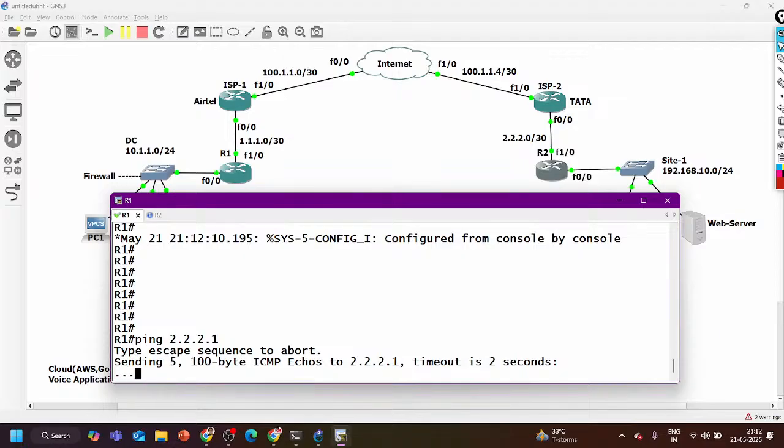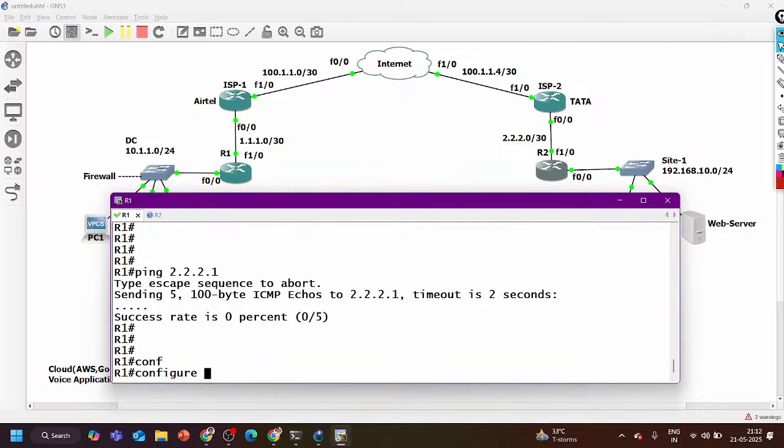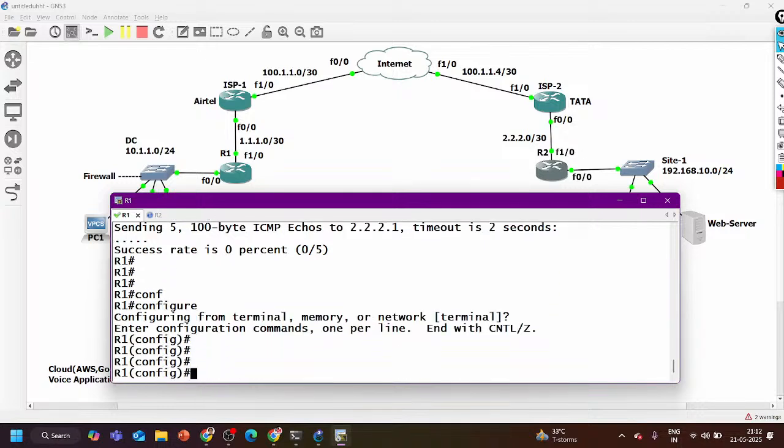Why is ping not working? Because the route is not there on the customer router. And guys, I have connected my router to the ISP. Everything is over the internet. So either you can advertise a default route here, but if you don't want to access